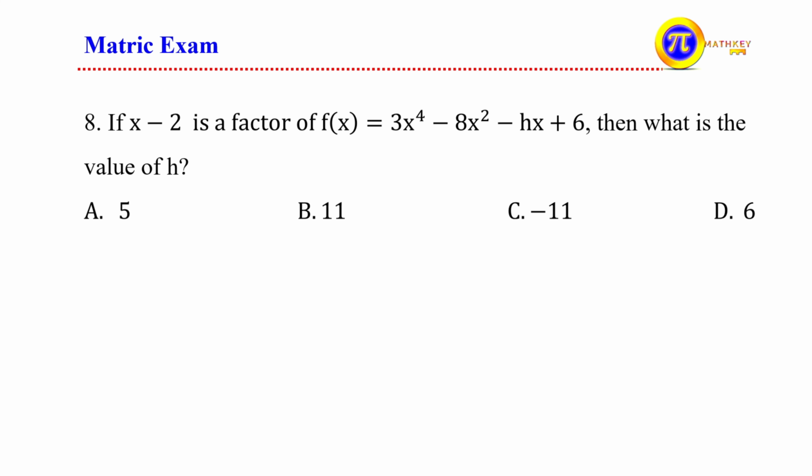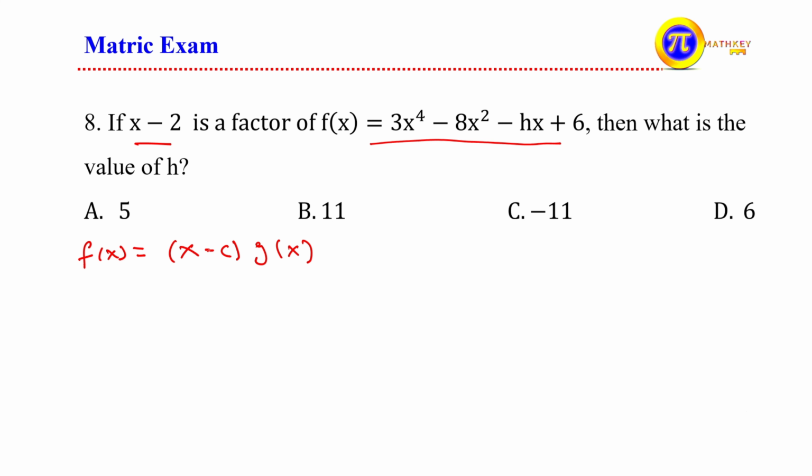It says that x minus 2 is a factor of f of x, a given polynomial function. In case of a polynomial function, if f of x is expressed in the form of x minus c times some function g of x,